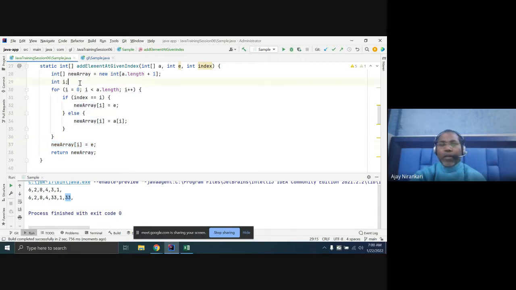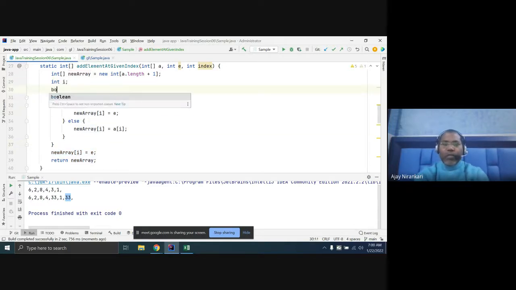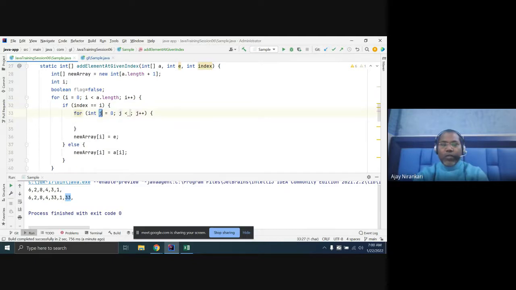So you have to write a flag. Let's make a boolean variable, a flag, initially false. Whenever you assign, you change your flag variable to true.